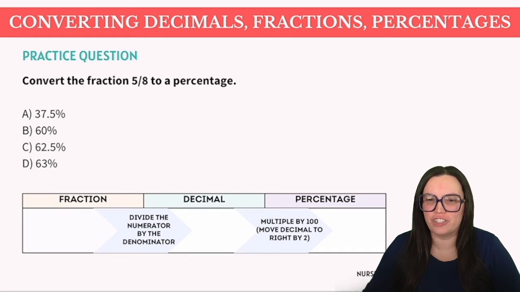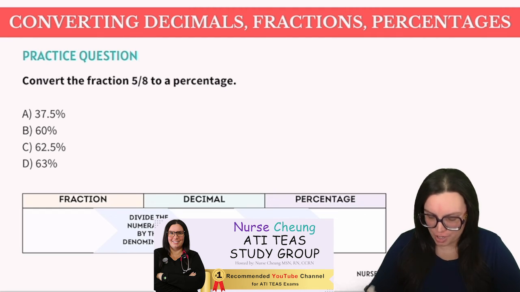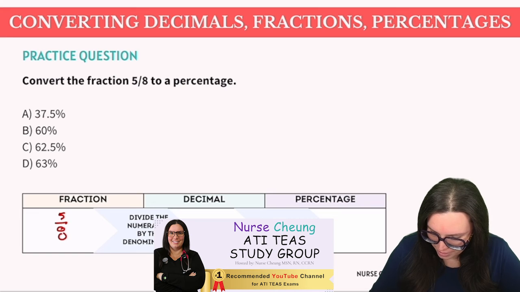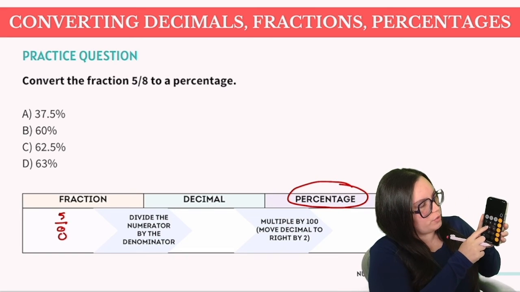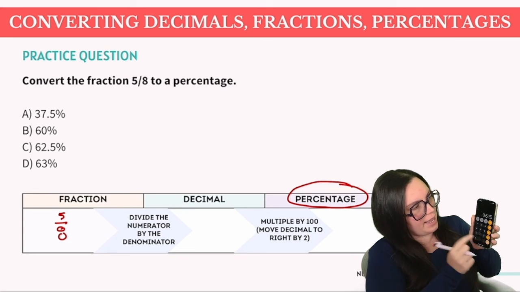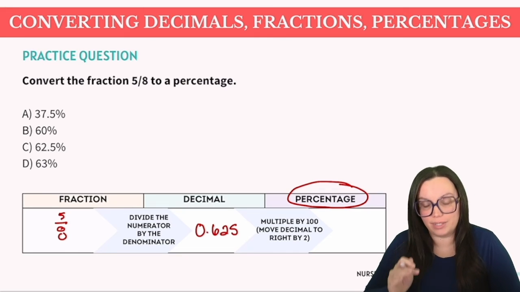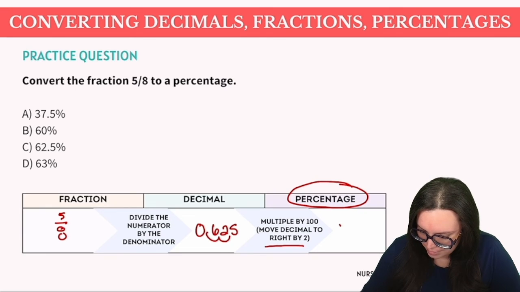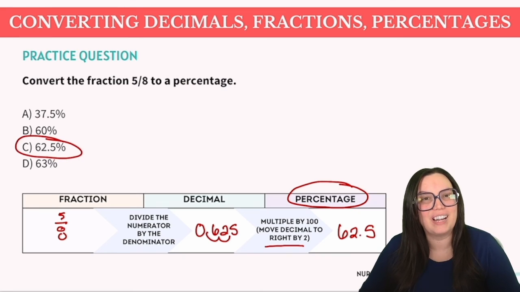So our first practice question states, convert the fraction 5/8 to a percentage. So we know that we are starting with the fraction 5/8 and we need to convert it to a percentage. So this is really simple. We're going to divide 5 by 8 and that's going to give us 0.625. Now, as we said before, we're going to multiply by 100 and move the decimal to the right 2 times. So we would go 1, 2. This would give us 62.5, leading us to believe that our correct answer is C,